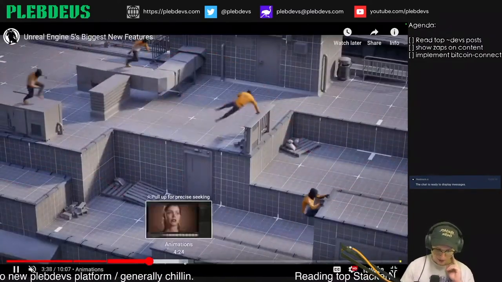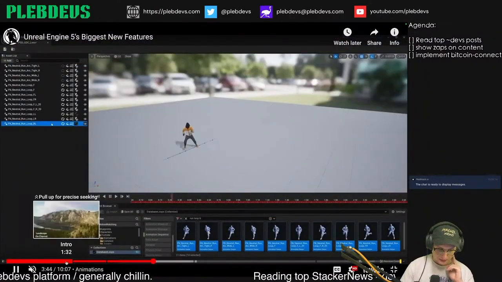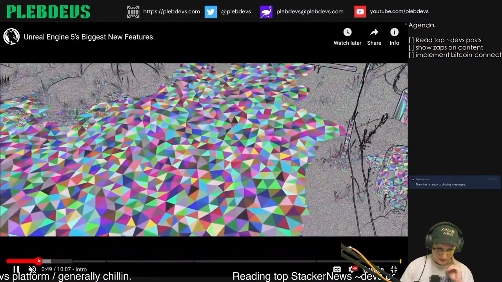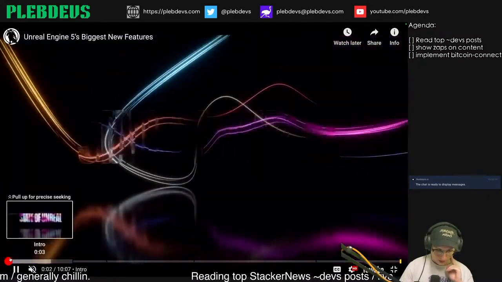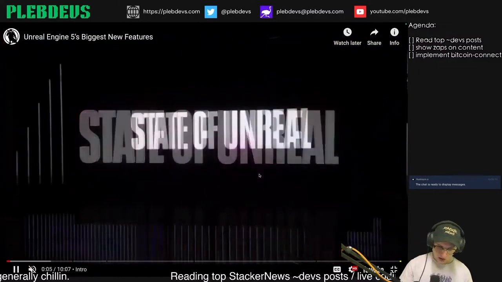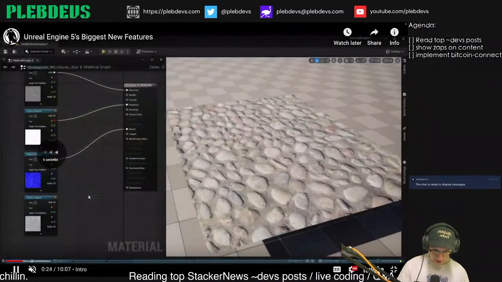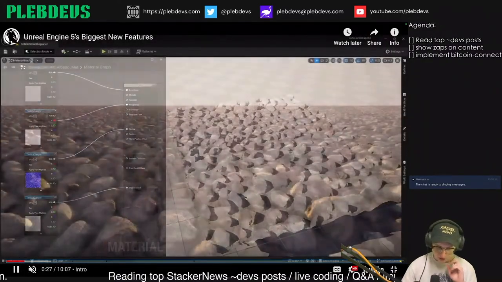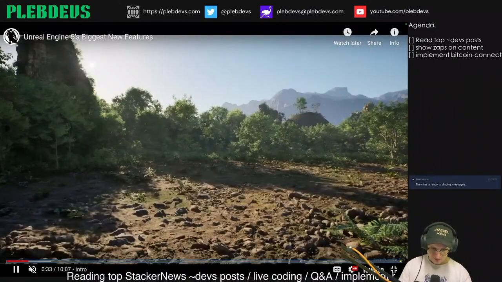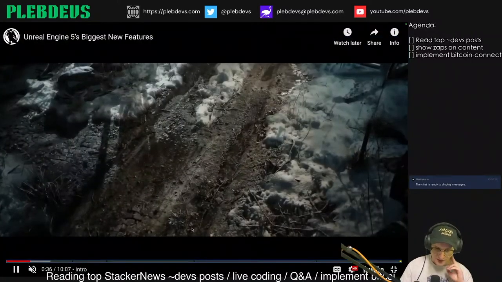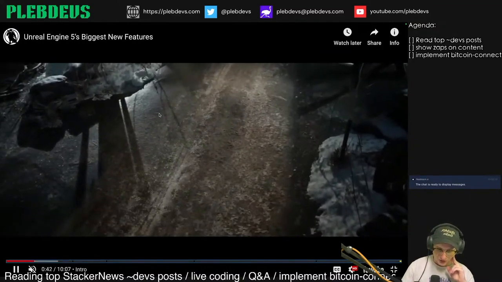The other thing, oh yeah, they're talking about Fortnite. The other thing was Nanite. That was released before. Okay, here's a little bit about Nanite at the beginning. They're basically taking textures, and it seems like with some kind of machine learning, they're able to pop out the distinct objects of the texture. Here's an example of Nanite off and Nanite back on. And it's getting really crazy, these ground scenes they're able to generate.